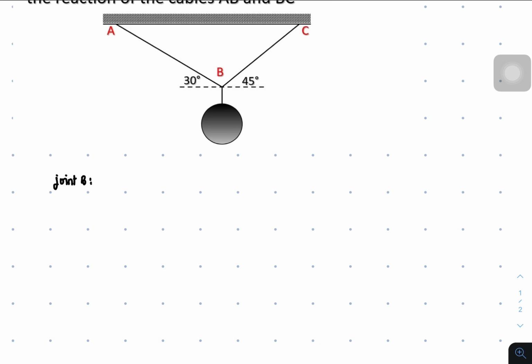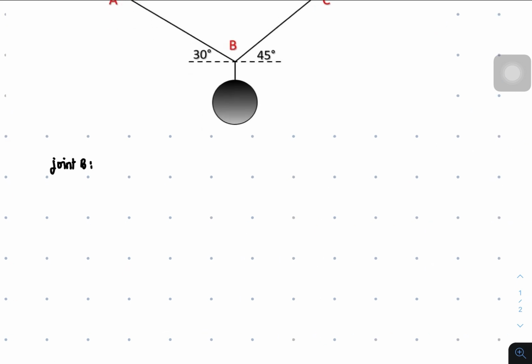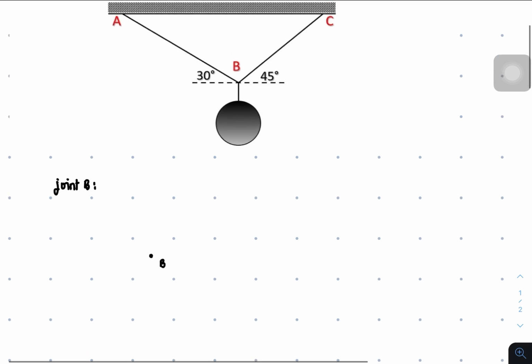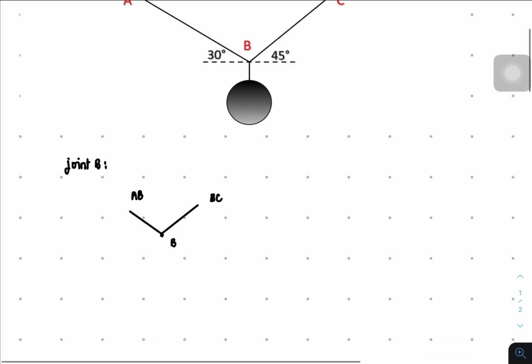So, for example, this is our point B here, and our point B connects a cable, which, let's call this cable AB, and another cable which is cable BC. Since they are both cables, then somehow it's going to be pointing away from here